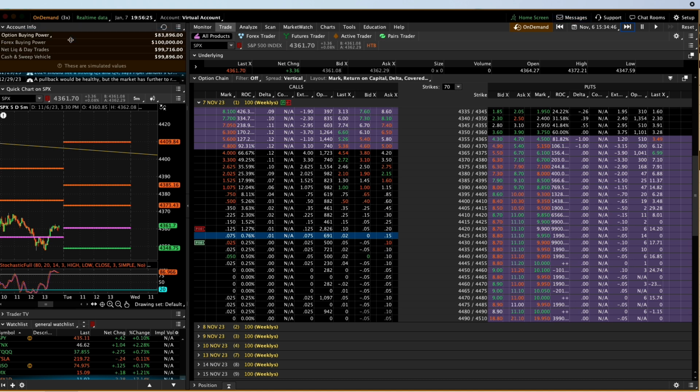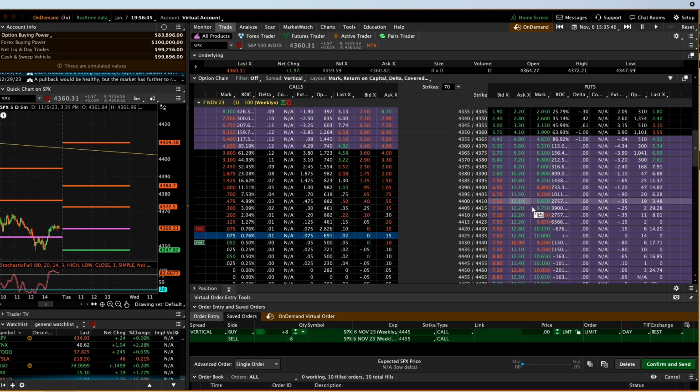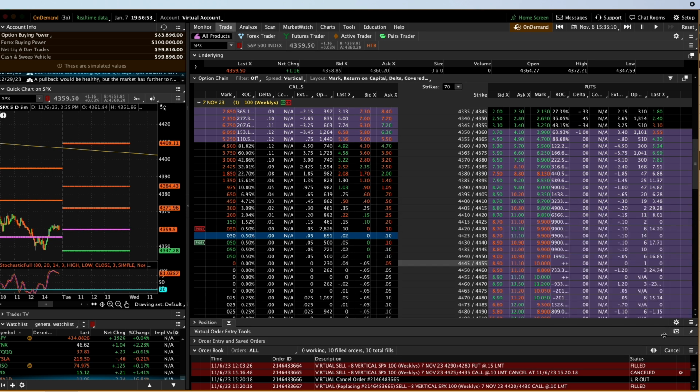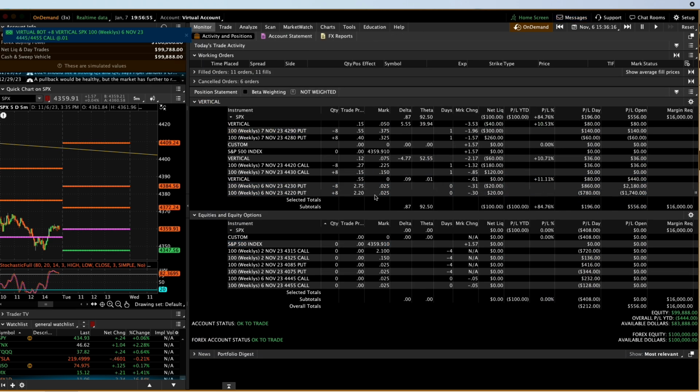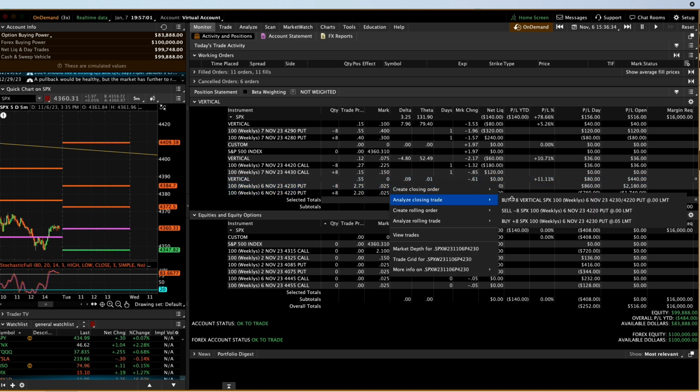Another thing to watch out for is that on demand does 1 cent increments where the real world does 5. So this got filled at 12 cents. That wouldn't happen in the real world, so just keep that in mind. I'm going to close out today's trades, which are right here. The good news is I can close these out for 1 cent instead of 5 cents in this environment, so it's almost like 0 cents since I can't let them expire by themselves. So that's pretty cool.